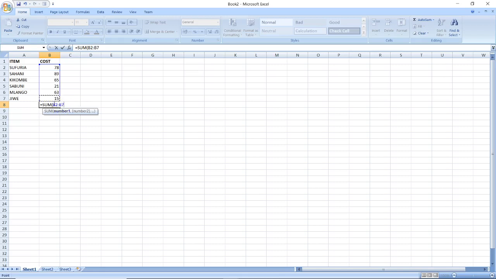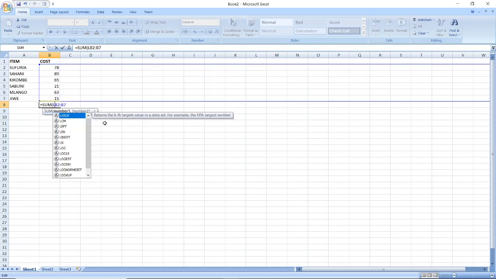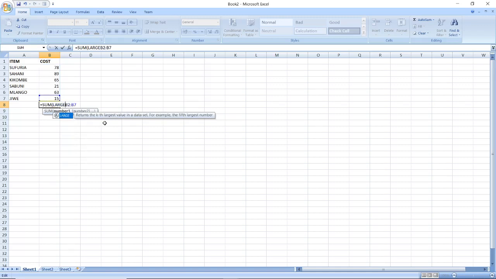But because we are dealing with the sum of the highest, the first thing we want to do is the sum bracket. We need the large, that is not larger but large. So you open another bracket, that is sum of the large from B2 to B7. We need to have a comma, and then how many? If you want 10 of them, so we start with this bracket. You open this bracket,